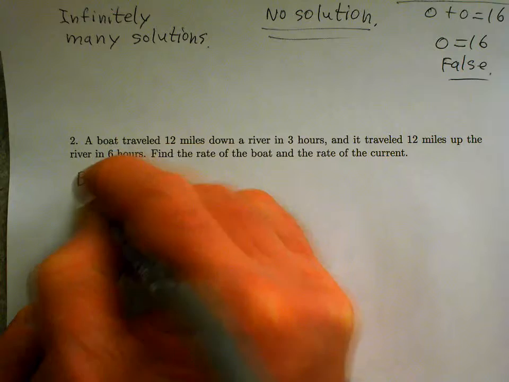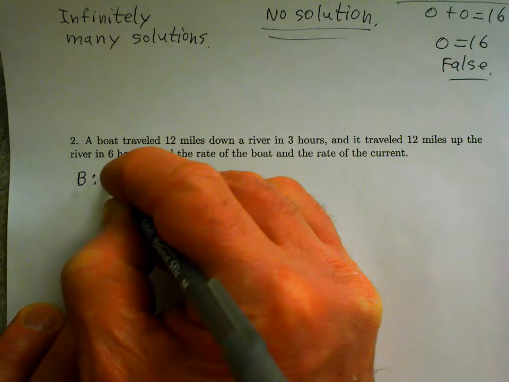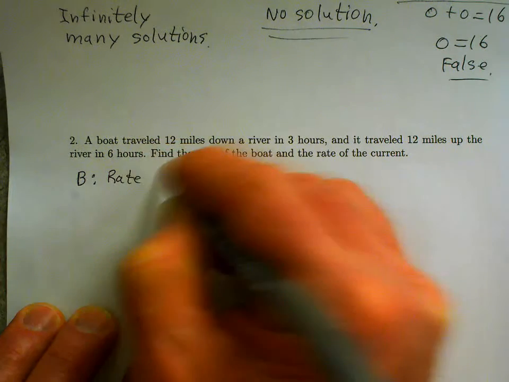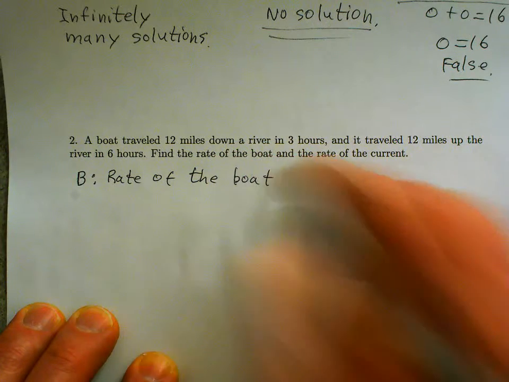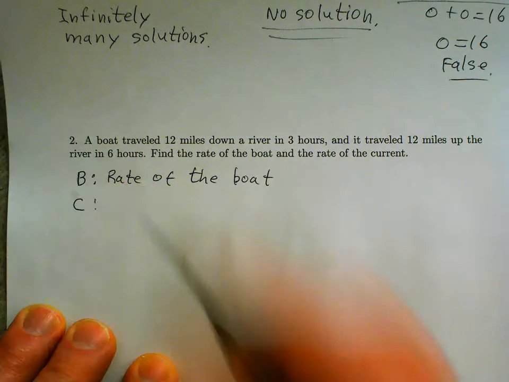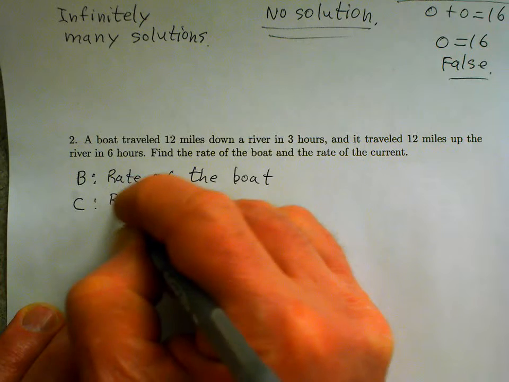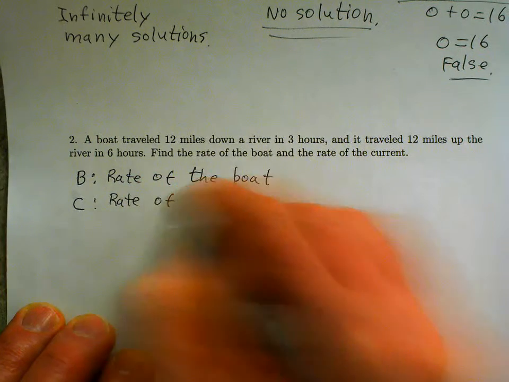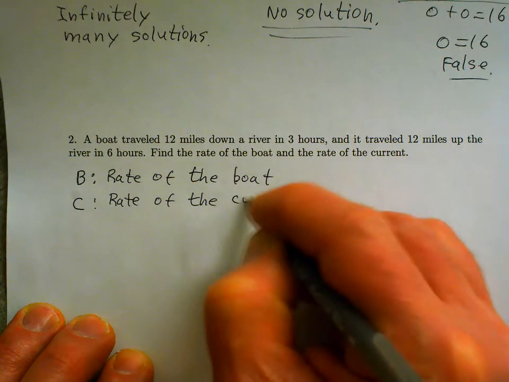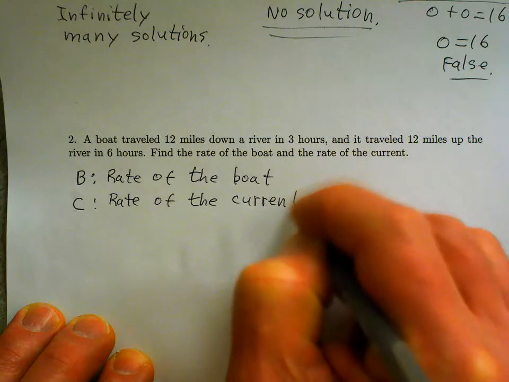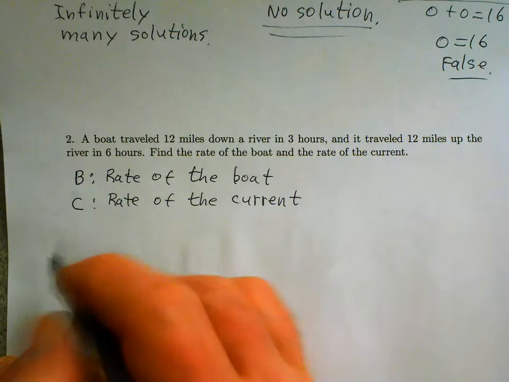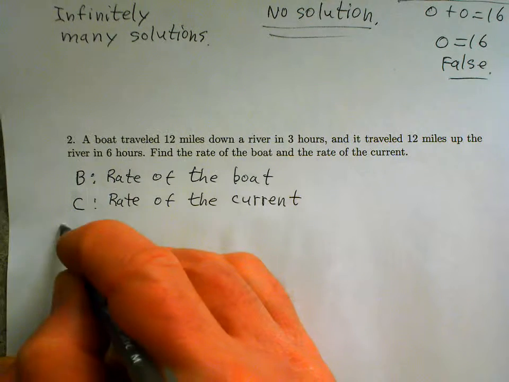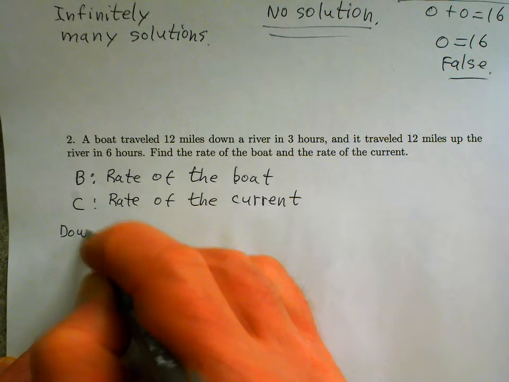So if we let B be the rate of the boat, and let C be the rate of the current, then when the boat goes downstream or down the river,